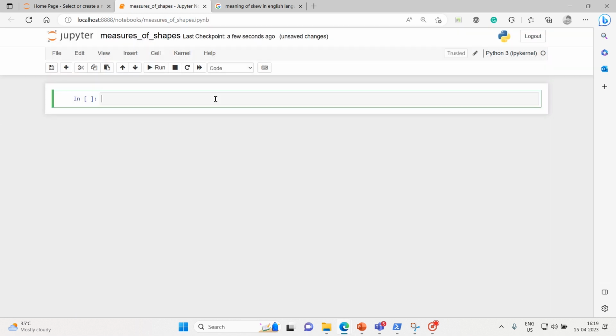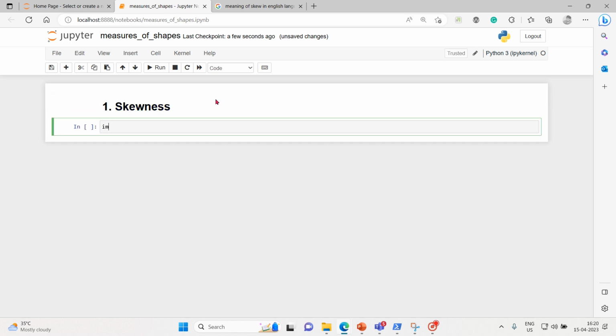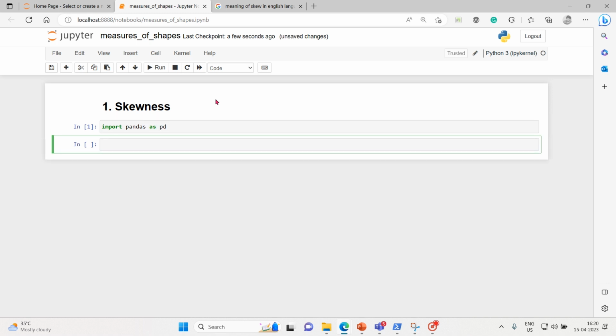So, measures of shape, skewness. Import pandas as pd. Then let's create a data frame as quickly as possible. df is equal to pd.DataFrame, scores, and a list of values, that's 66,